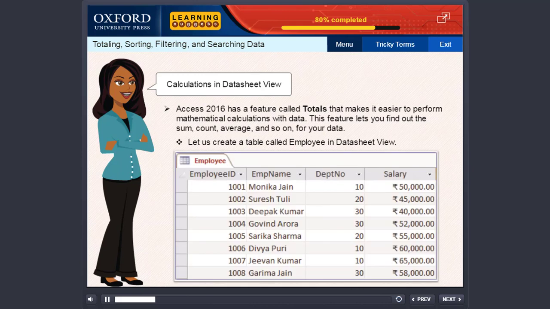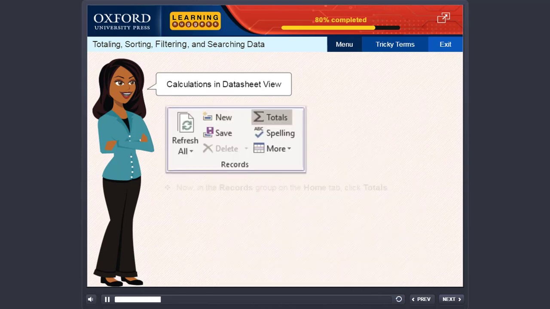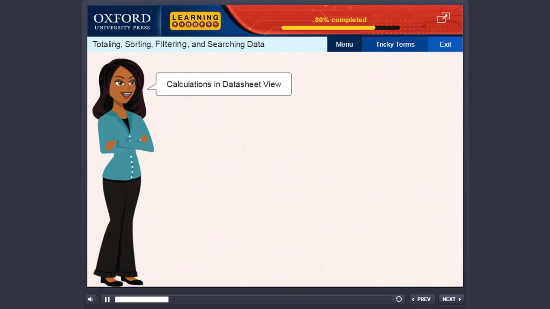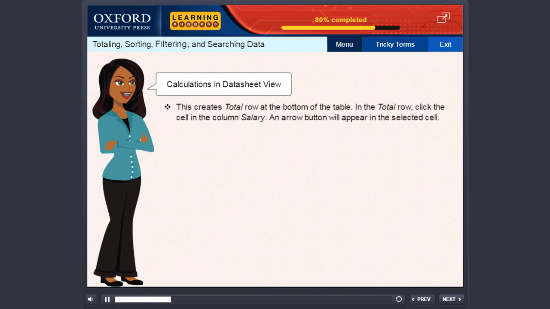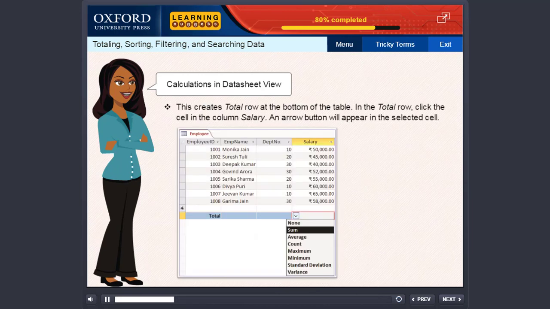Let us create a table called Employee in Datasheet view as shown. Now, in the Records group on the Home tab, click Totals. This creates a Total row at the bottom of the table. In the Total row,